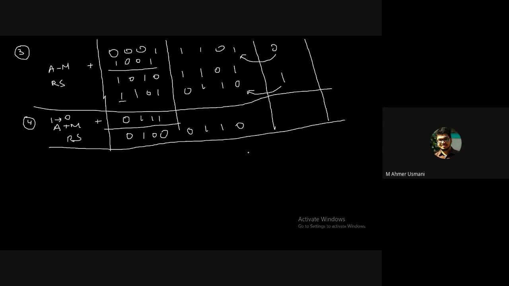After performing the right shift, we get 0, 1, 0, 0, 0, 1, 1, 0. We get an MSB and we put 0 over here. So this is the final answer. Why is the final answer 8-bit?